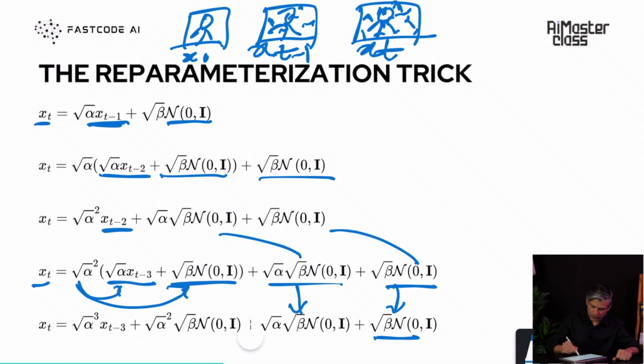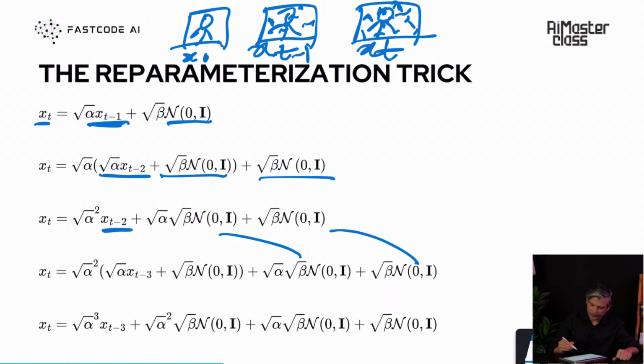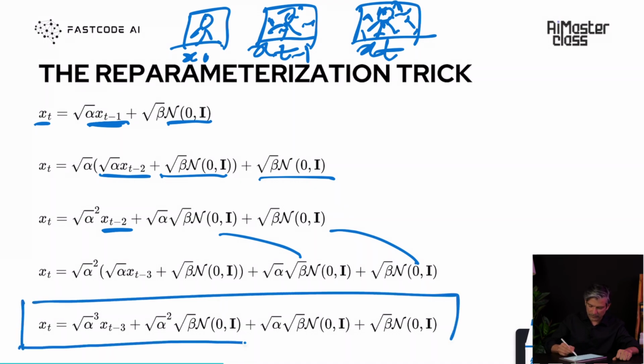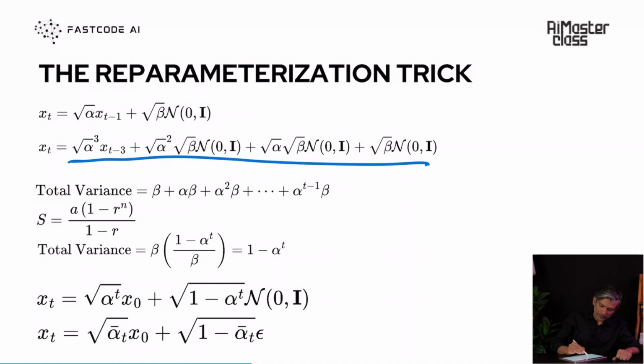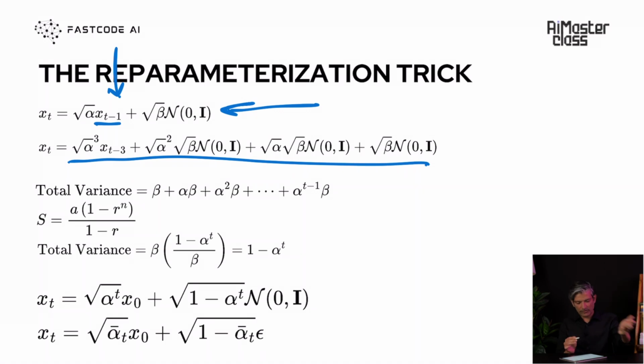This is something that I want you guys to remember. It's very simple, but it's a little bit involved. There is a little bit of algebra. The equation looks nasty, but actually it's very easy. I want you to remember this equation and see if you notice some pattern in here. What I'm saying is that now my xt, instead of being a function of xt minus 1, I want it to be a function of my target t directly.